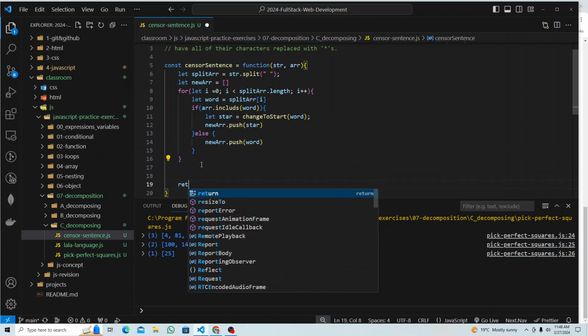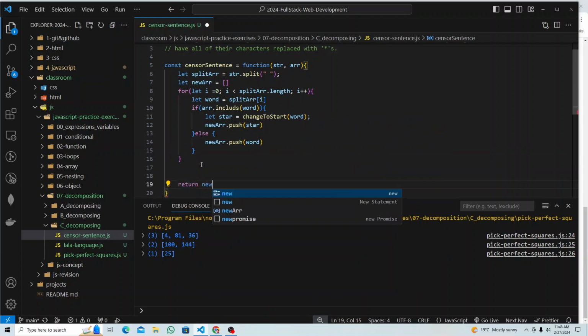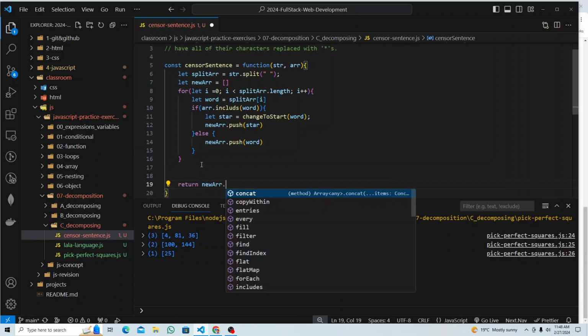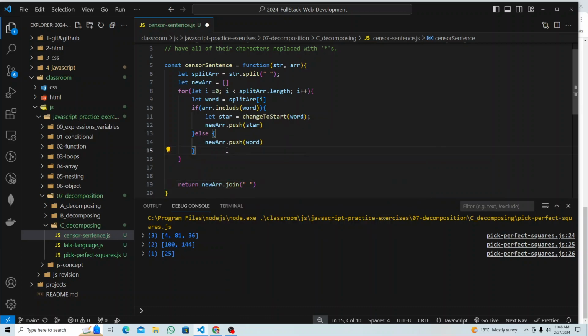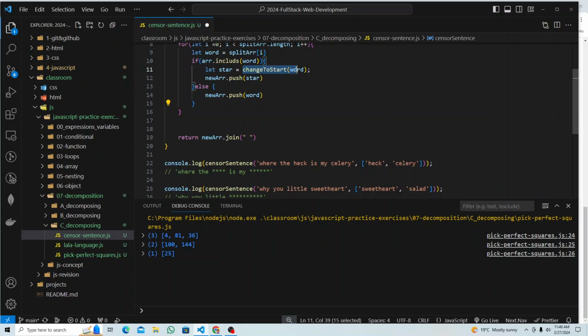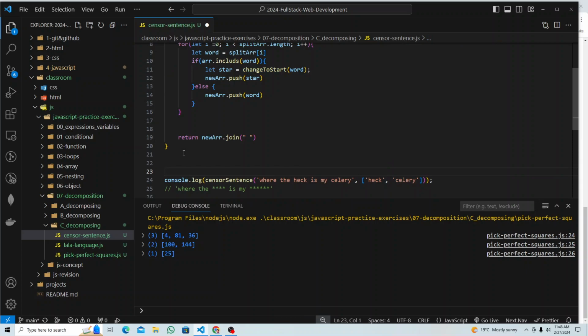Finally I'm just gonna return the new array by joining at space. Okay, then now time to write this function. So I'm gonna get each word, if that includes inside here, only the word that is included inside here, right? So function and